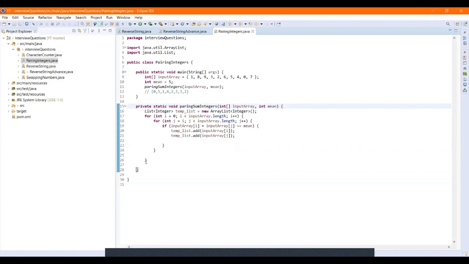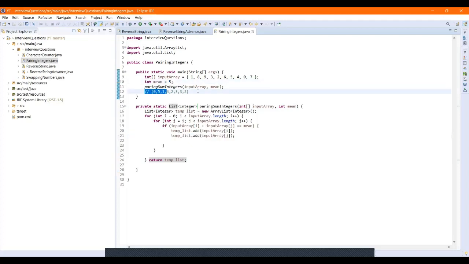Now marking down the return statement after the completion of the for loop. So what we will get in return is the temp list at the last. So changing the return type of this auto-generated method, currently marked as void, we will change it to list of integer. So this is how we will fetch the values and place the values which are making sum equal to 5